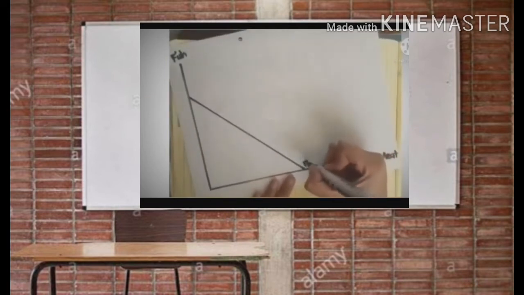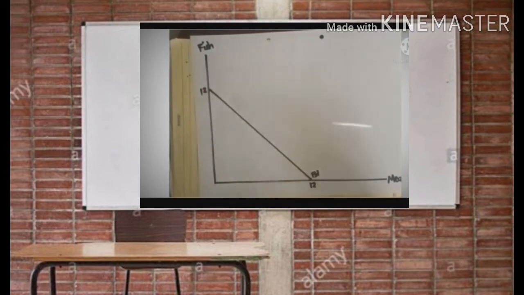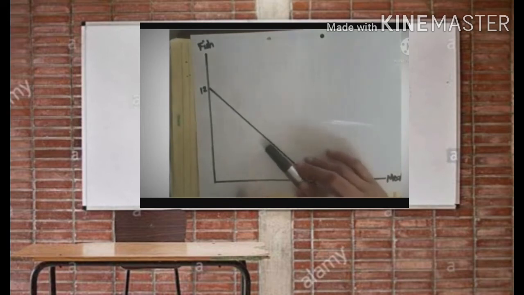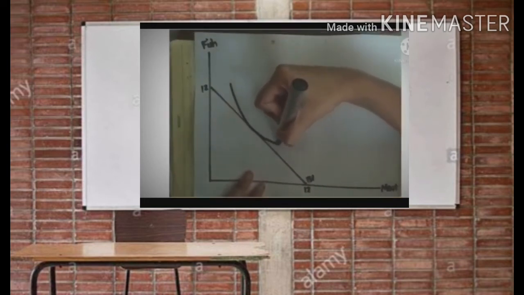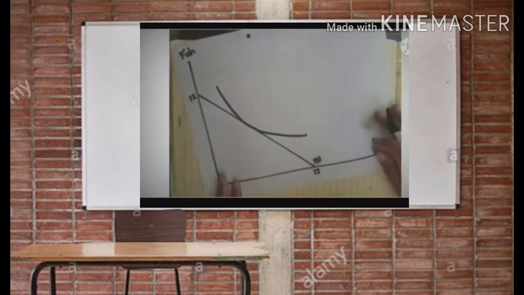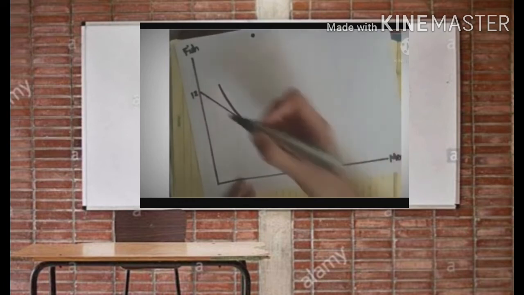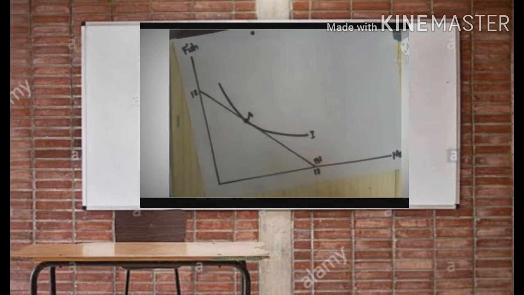This would be B1. And let's say a consumer would be able to afford 12 kilos of meat and 12 kilos of fish. When he faces the budget constraint, he chooses some optimal combination of fish and meat using the indifference curve. So I will draw the indifference curve and label it I1. And let's say this is his original choice, point A,